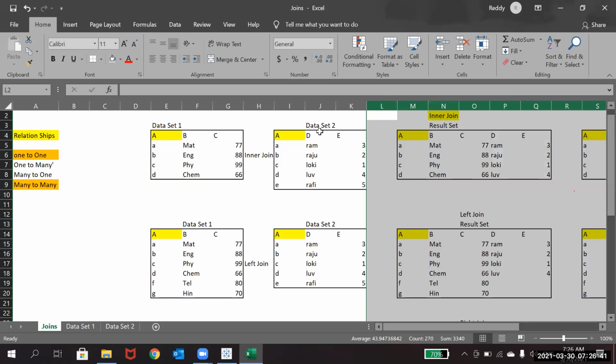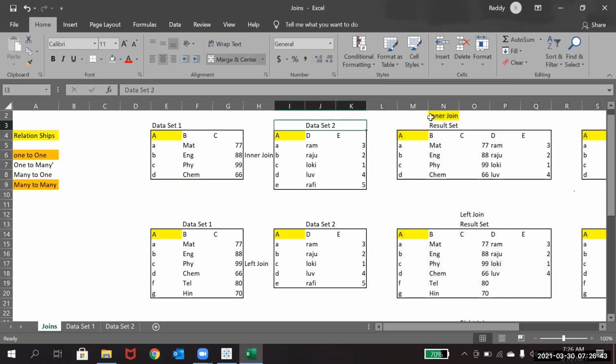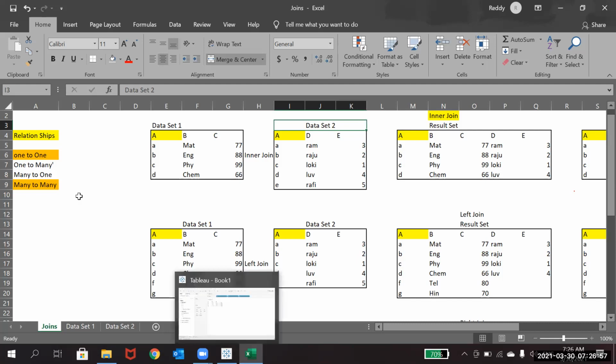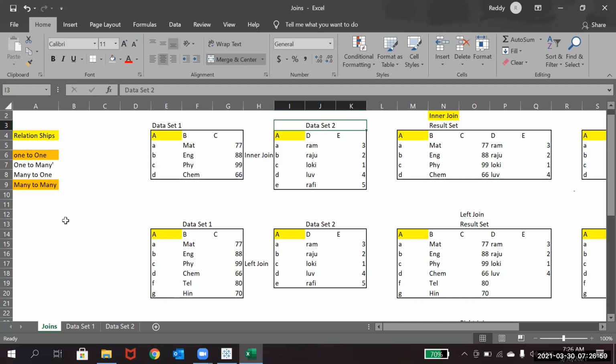Joins, you're clear that you have four types of joins, and you have seen how the results differ. Remember, earlier versions of Tableau didn't show these relationships; the moment you dragged and dropped, it would just connect the secondary data set with a join.